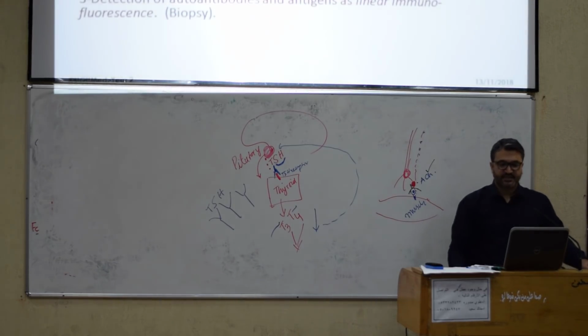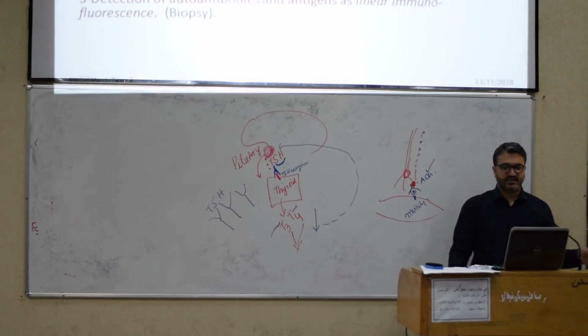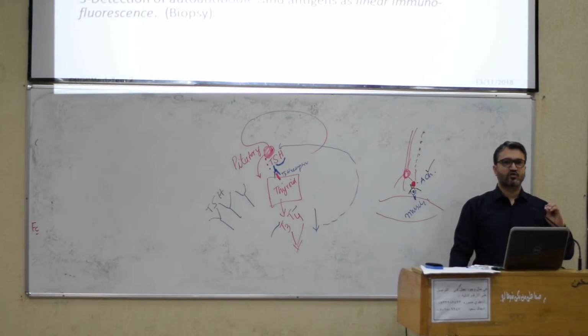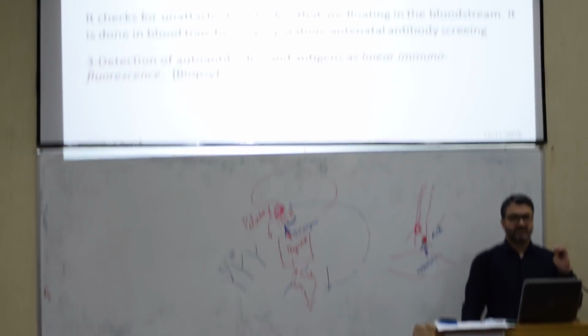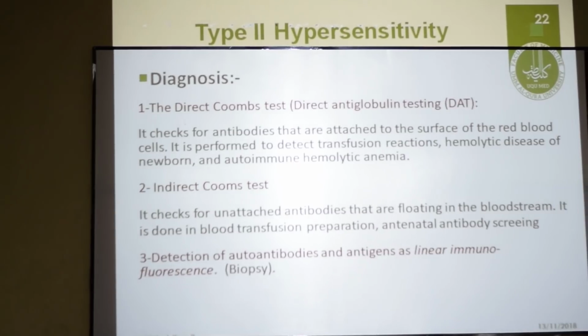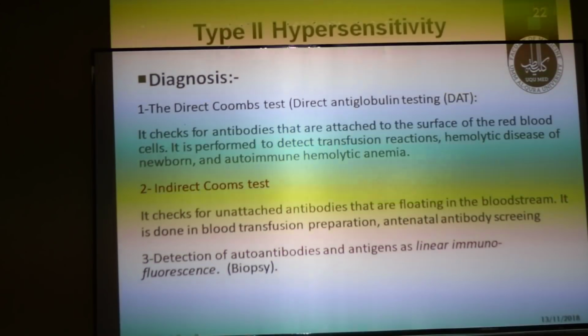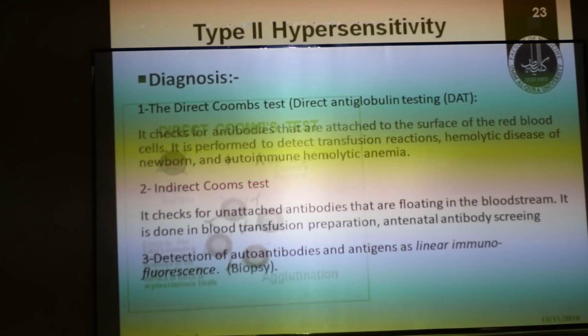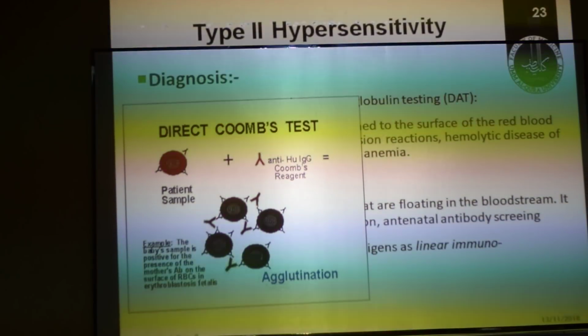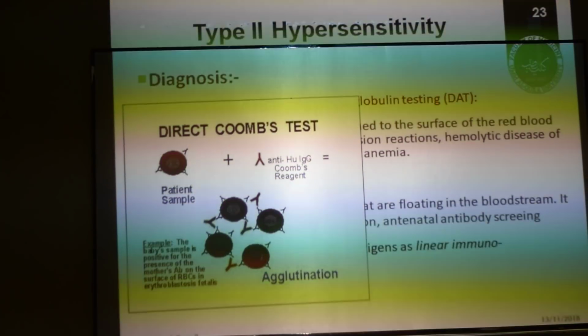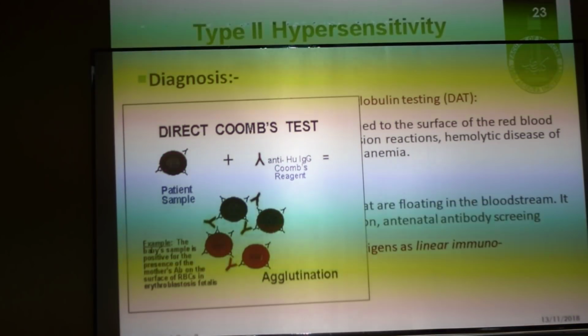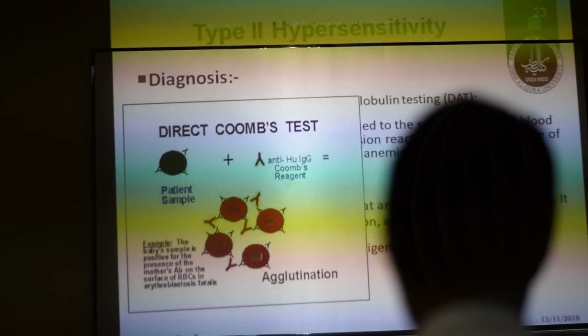Now, if there is hypersensitivity, can you measure it? Can you test it in the laboratories? You might have heard of these tests: the direct Coombs test, the indirect Coombs test, and fluorescent antibody staining of the biopsy tissue. We'll keep these two tests and focus directly on Rh incompatibility. You know about it, and it will make more sense now. Have you heard of these two? Okay. So if there is a baby who is Rh positive, and the mother is Rh negative, and at the time of birth you suspect that possibly the antigens